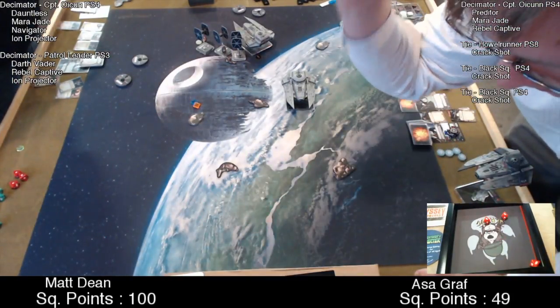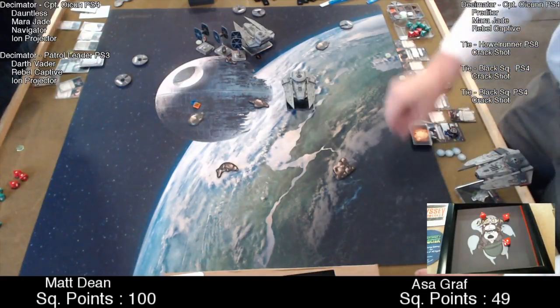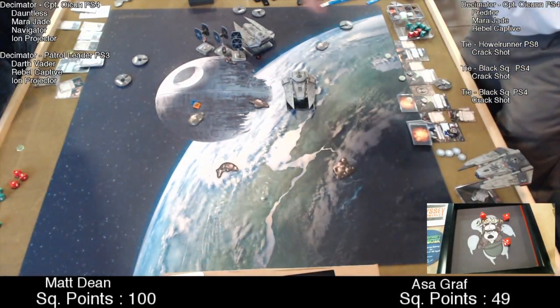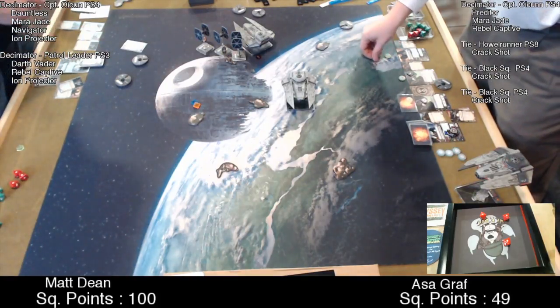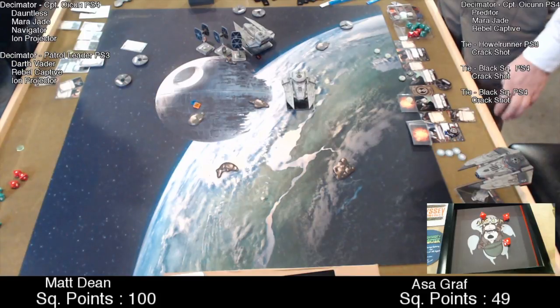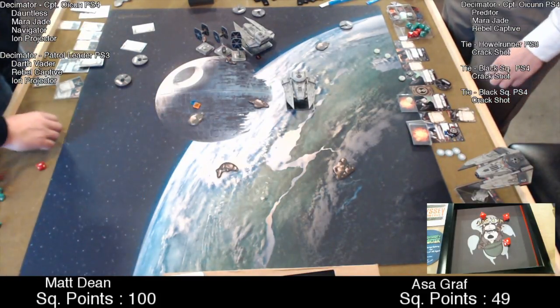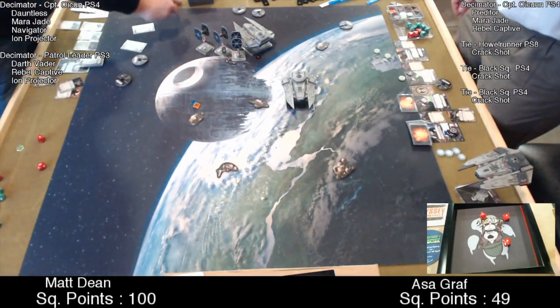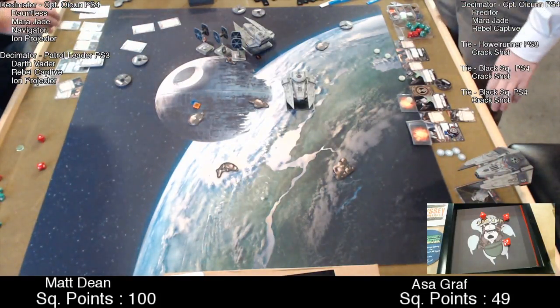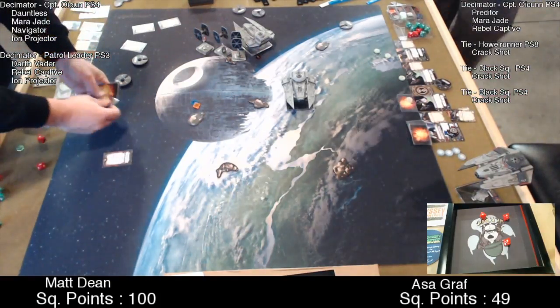So Asa's going. He's taking his shots. And there's 3 hits with the focus. That's from Hal Runner. And he gets a stress for that. Oh, right. Oh, and poor Matt. Is this the one? I think this is the one where he takes everything face up. That's exactly why Asa went for that Decimator, because every single crit card is face up right now. But couldn't he have...